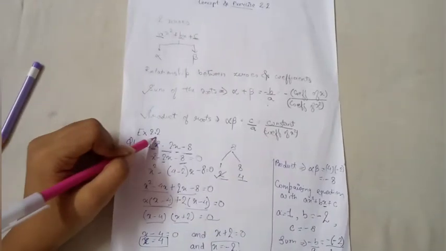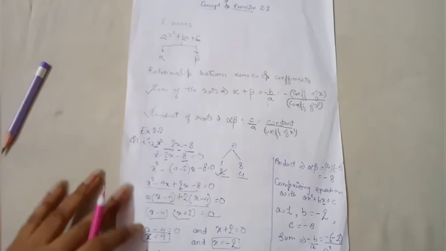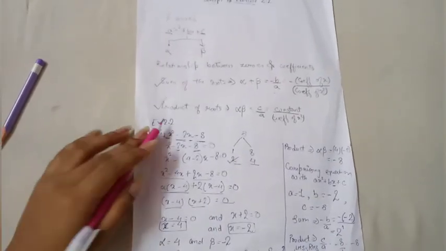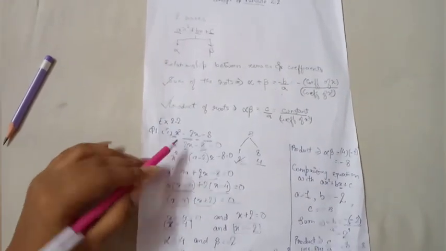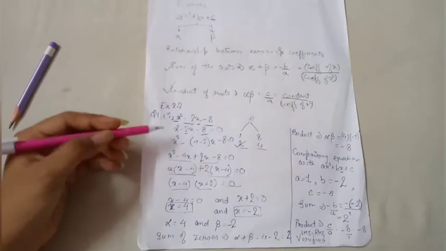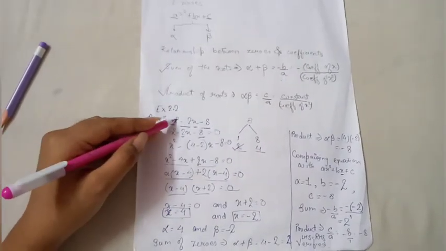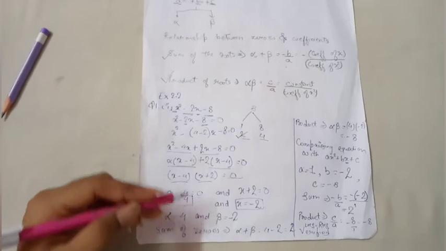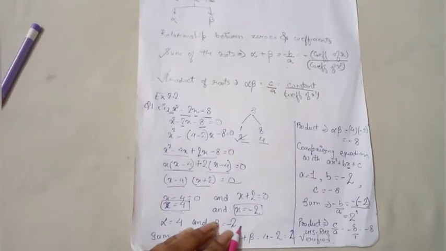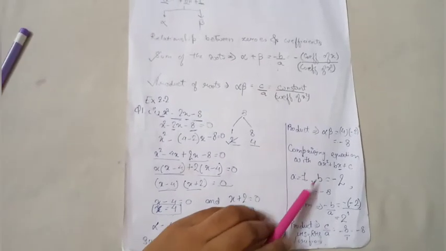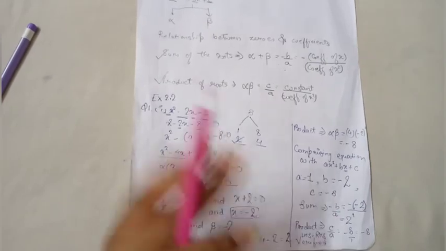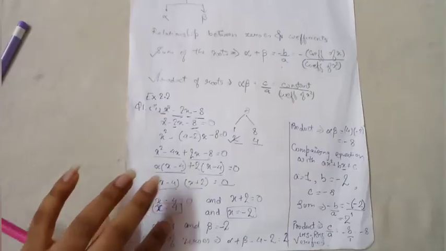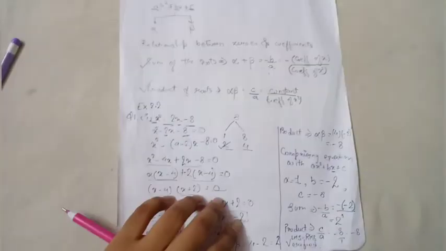This will also help. They can ask you two kinds of sums from exercise 2.2. One is to verify the relationship. It is easy. You have done this in 9th standard to find the zeros. Just verify, meaning alpha plus beta, and then keep the value of minus b upon a. Just remember the steps and follow them accordingly.